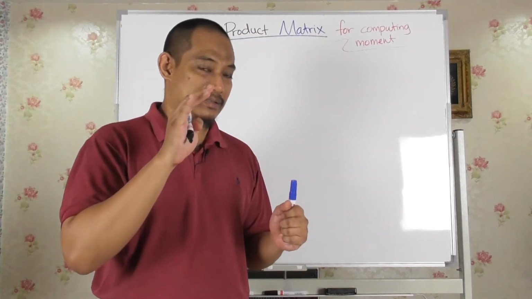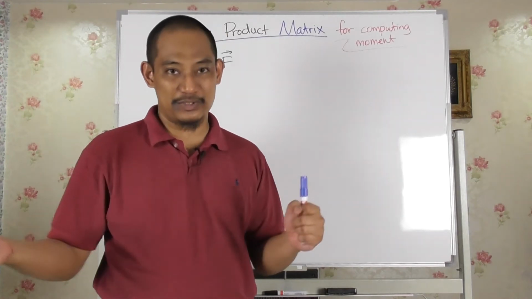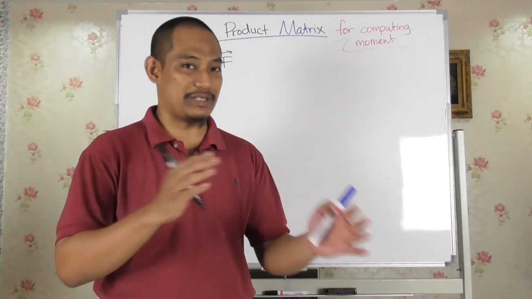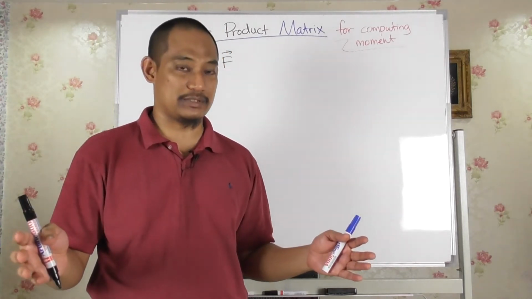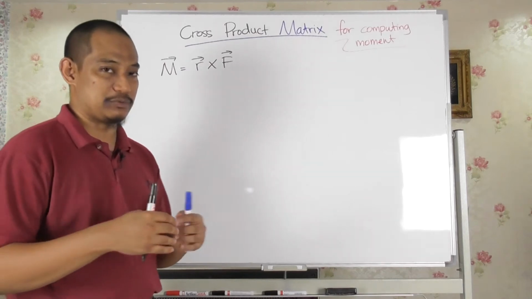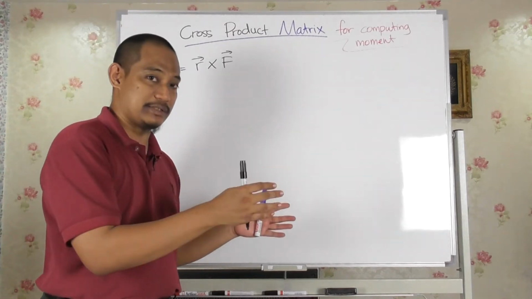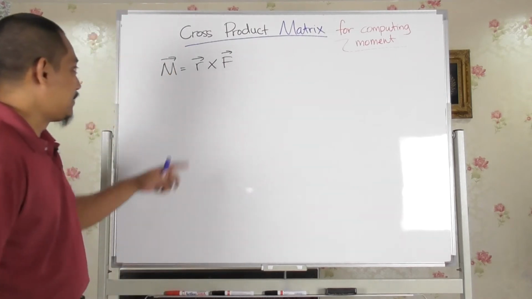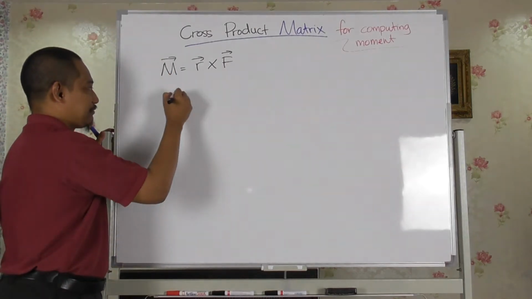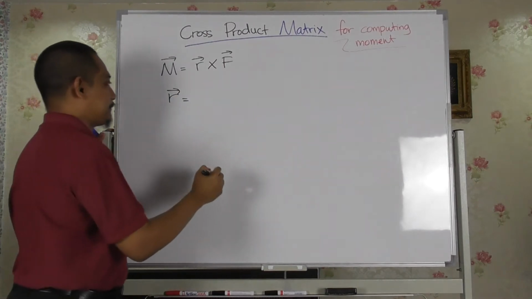But unfortunately, some of you in the quiz, I see that you do not understand. You just blindly plug into the matrix and you get a totally wrong answer. So here we will try to illustrate the actual calculation without using the matrix, and then we relate it to the matrix. So let's say we have R is